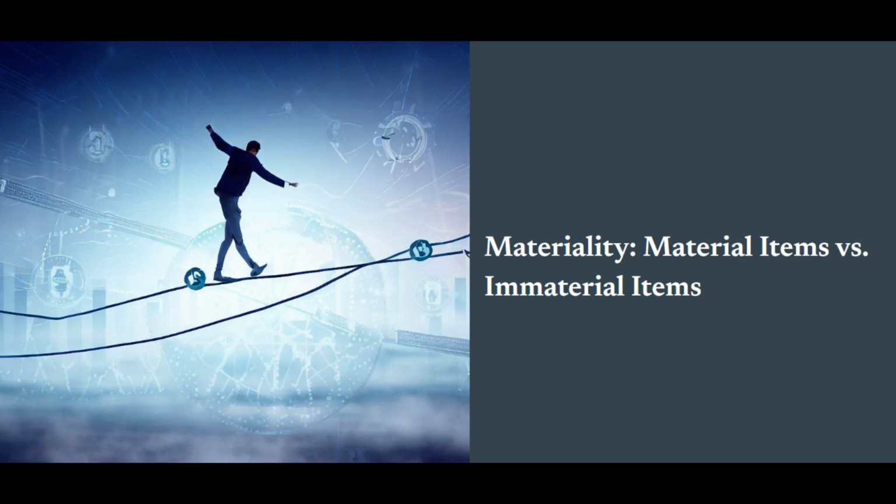Let's take a moment to think about why this is so important. Imagine a scenario where a company fails to disclose a material liability, like an impending lawsuit or a significant debt. Investors might think they're making a wise investment based on incomplete information, only to find out later that the company is facing serious financial challenges. This kind of oversight can lead to disastrous consequences, not just for investors, but for the company itself. Trust is at the heart of financial reporting, and when that trust is broken, it can take years to rebuild.